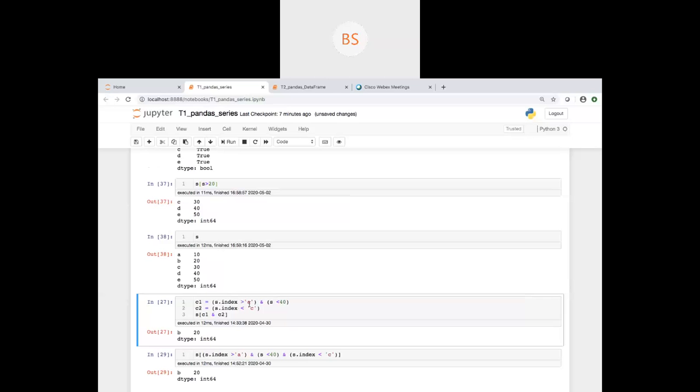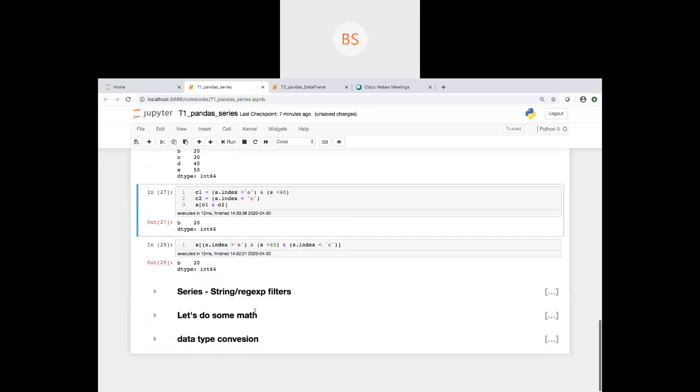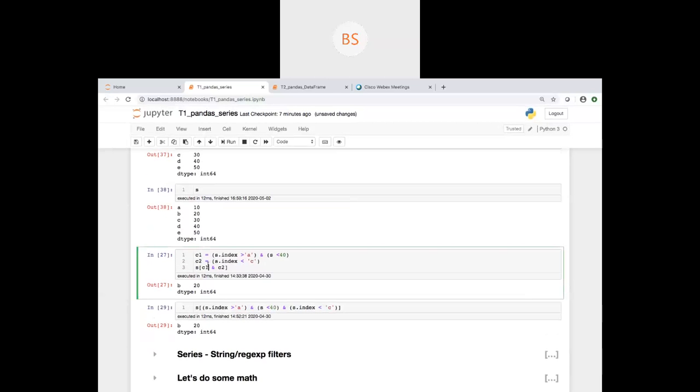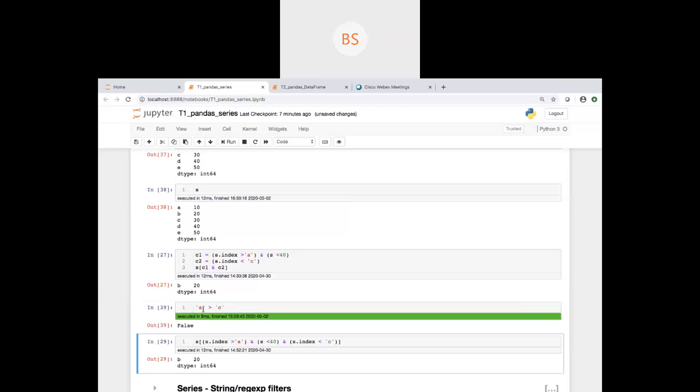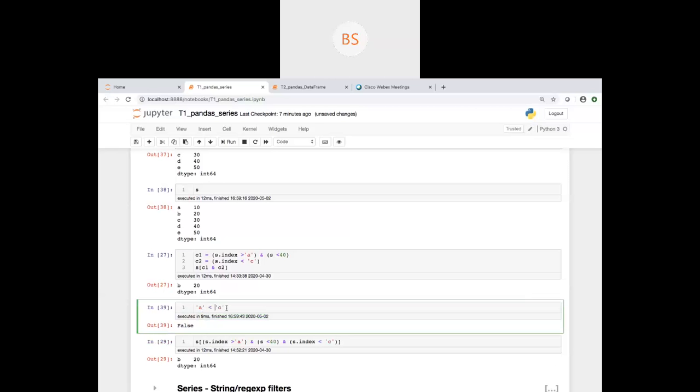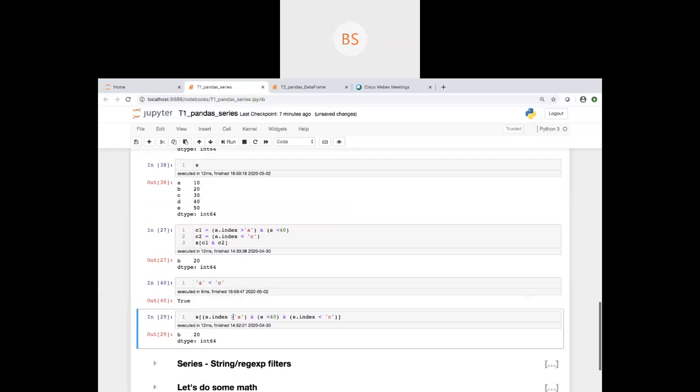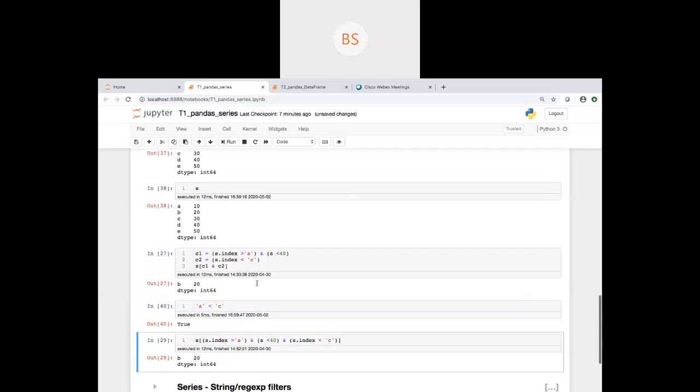Like if you check whether a is greater than c, it works on strings also. And if it is less than c, it will say true, right? So you can do this kind of Boolean mask here also.